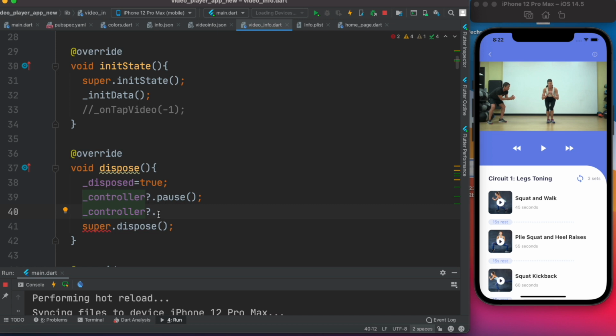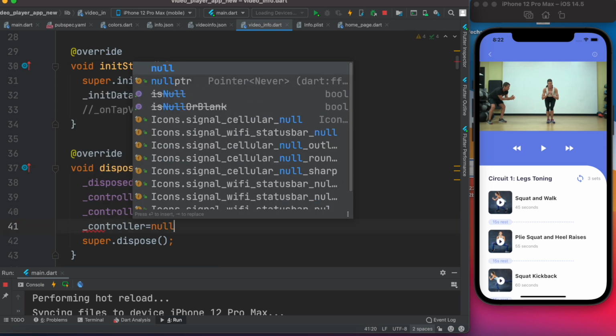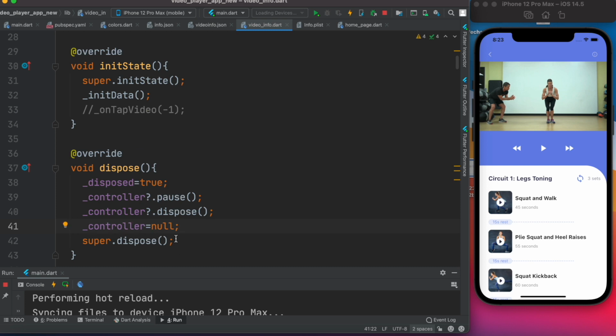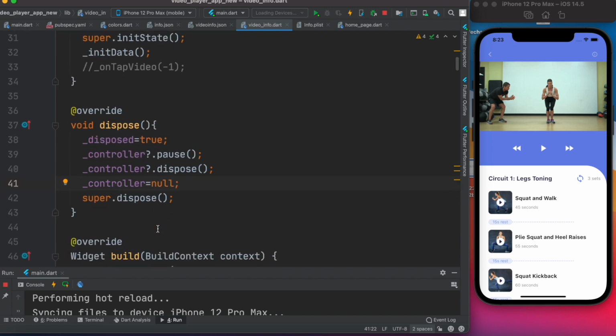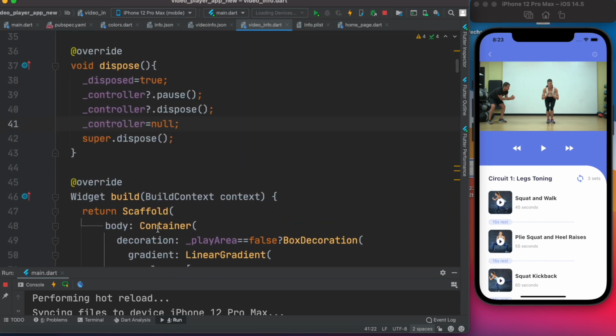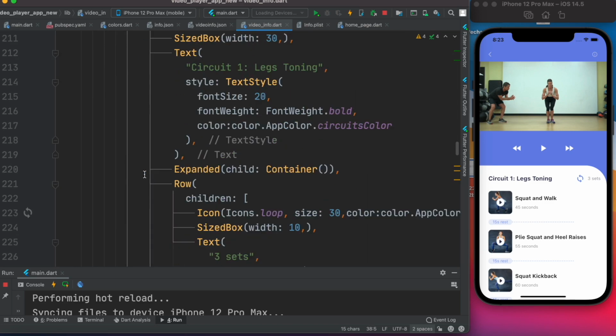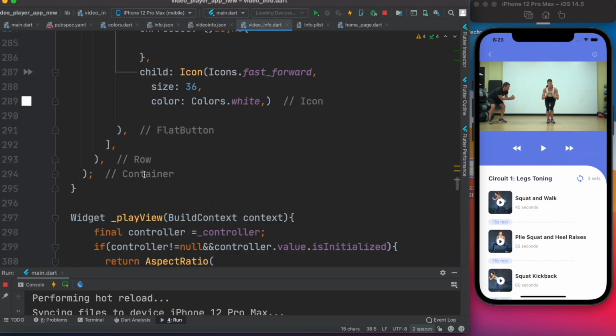Okay, so you only dispose if the controller exists. So this question mark means if it exists, then do something. Do what? We can now dispose. And then after that we can set it to null. This way it will make sure that the controller has been removed, or nullified. Okay, that's done. Now we need to use this one and do other stuff in a couple of other places. So let's go down to the bottom, I guess,